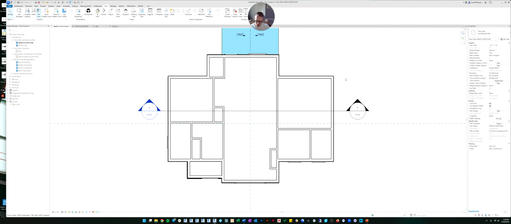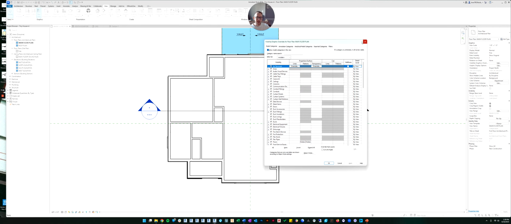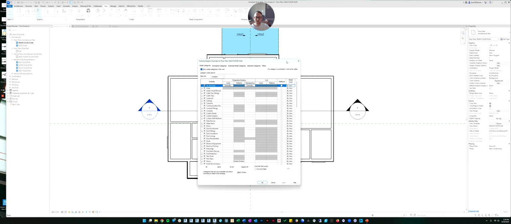And I think the shortcut by default is VV or maybe GG. On my computer, it's VG for visibility graphics. I don't remember what it is by default because I have so many of my own. But it's a good shortcut to learn because you use this a lot.